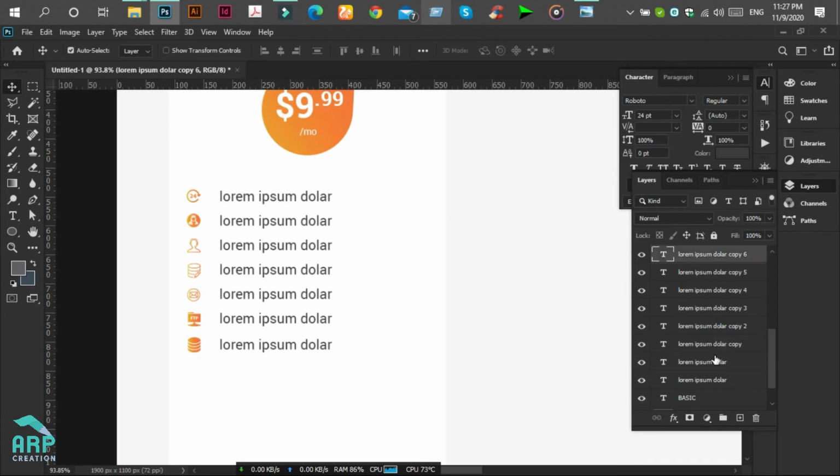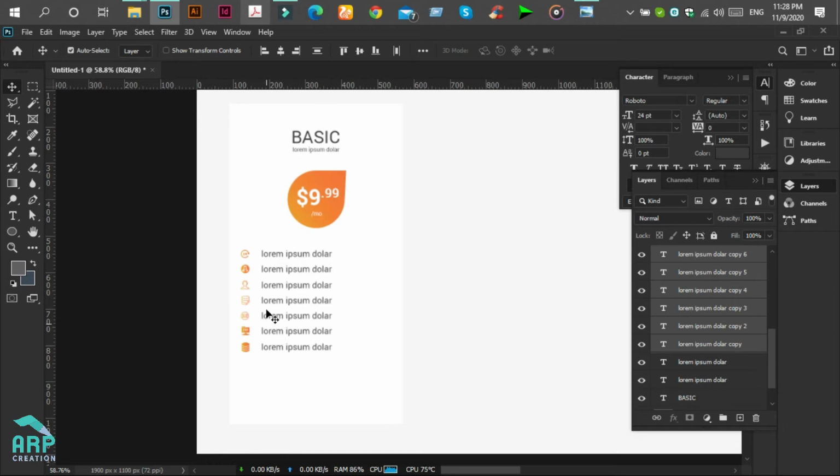Press Shift on the keyboard, then click on the last layer, then select distribute vertically. Okay, perfect.